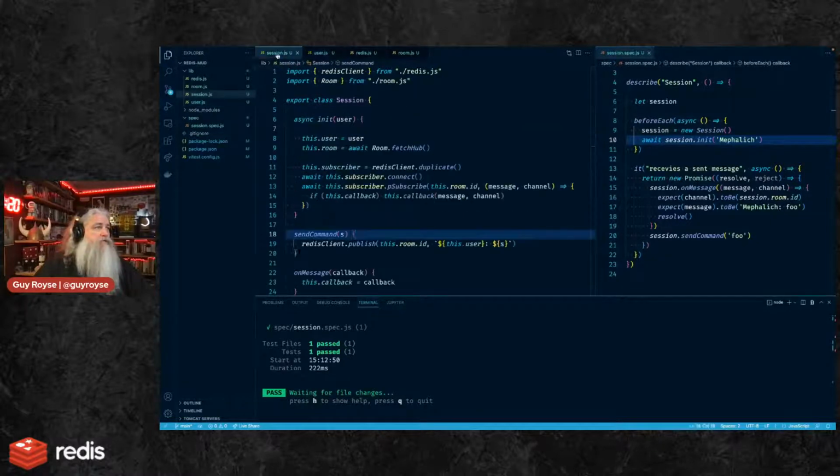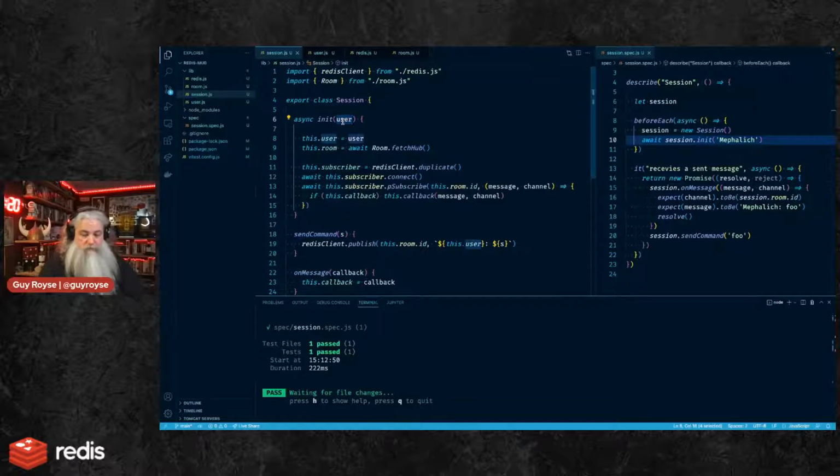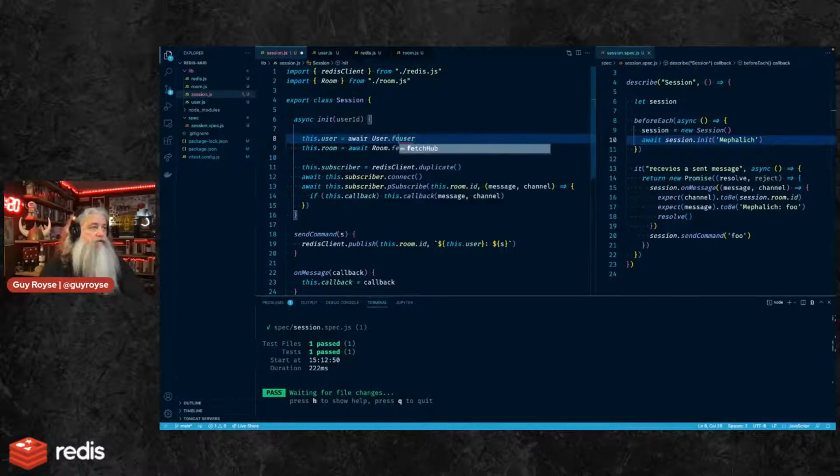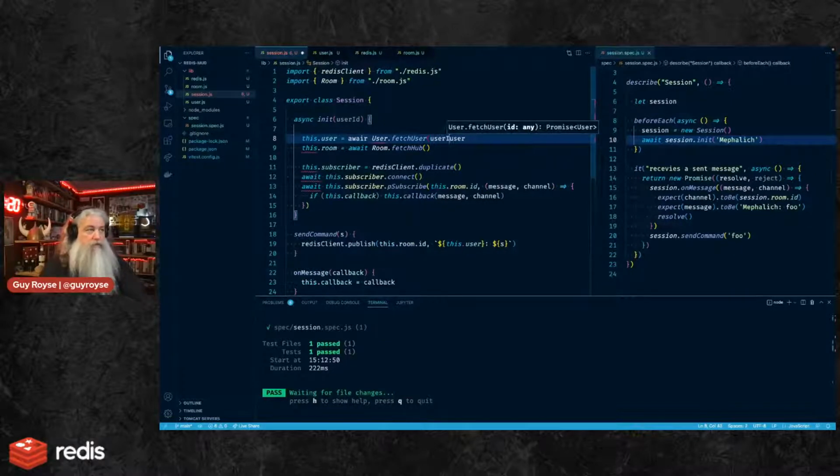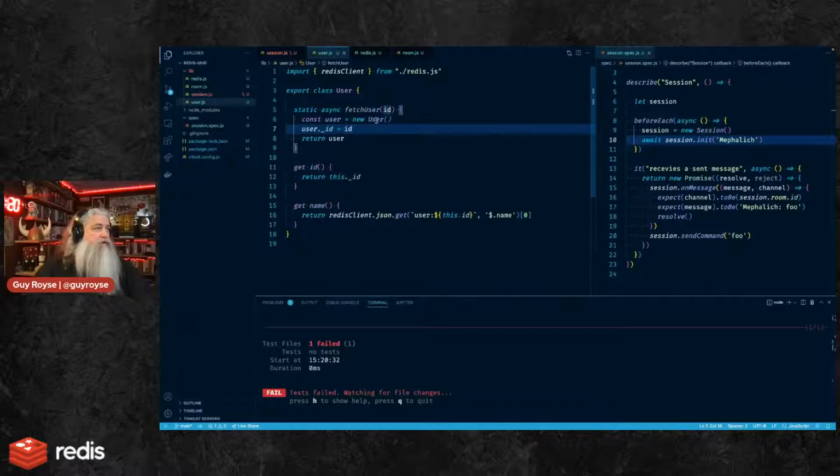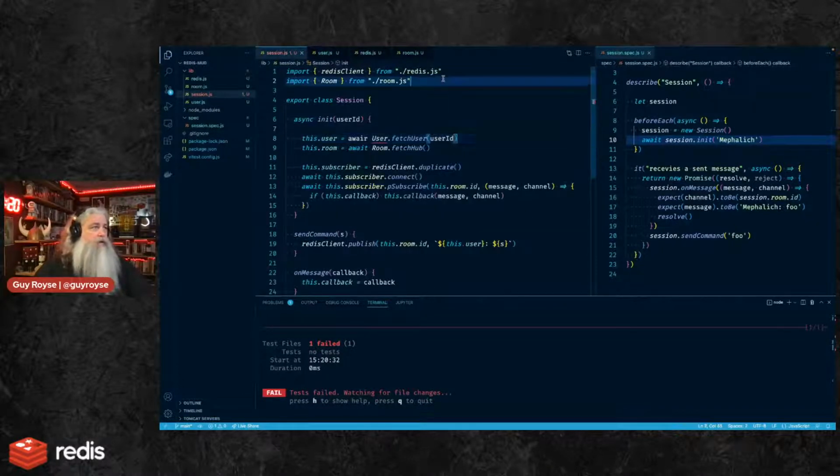And then in the session now, instead of just storing the username, we pass in the user ID here. So this will be user ID. And then this user equals await user.fetchUser(userID). And I have named this thing wrong here. No, I didn't. I did name it correctly. Excellent.